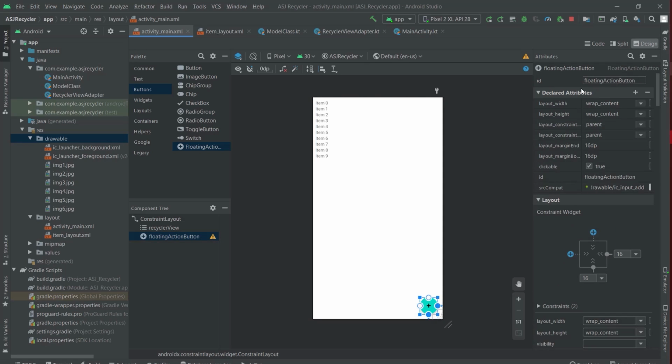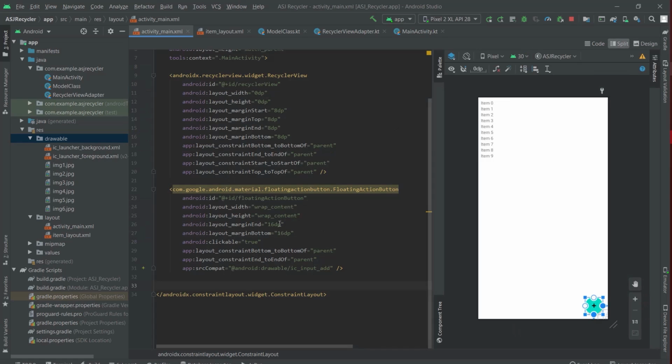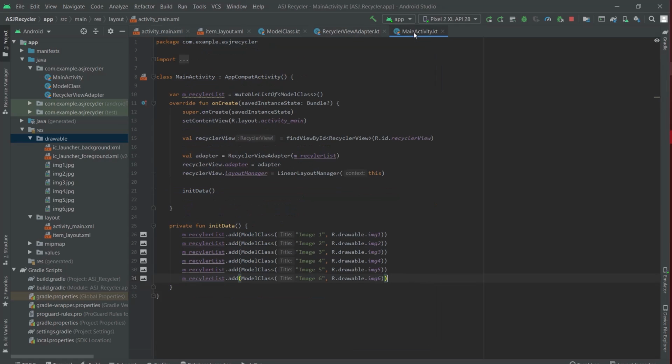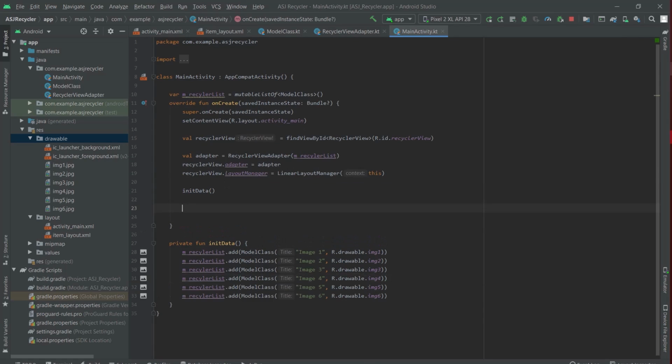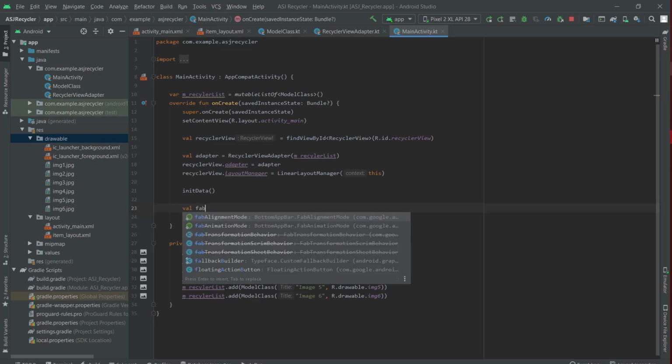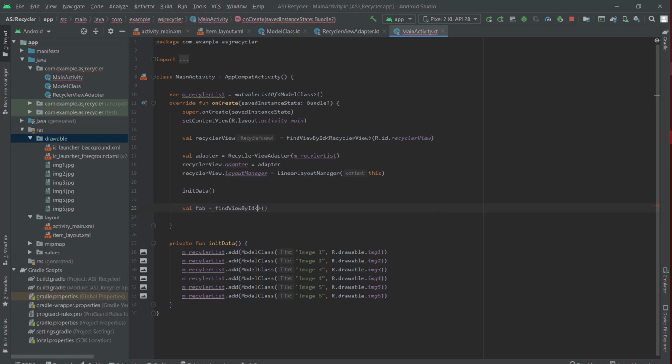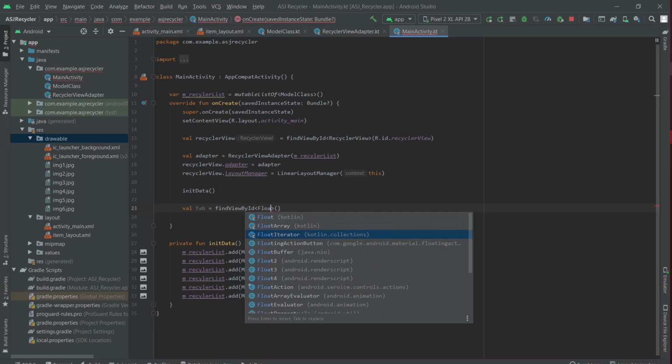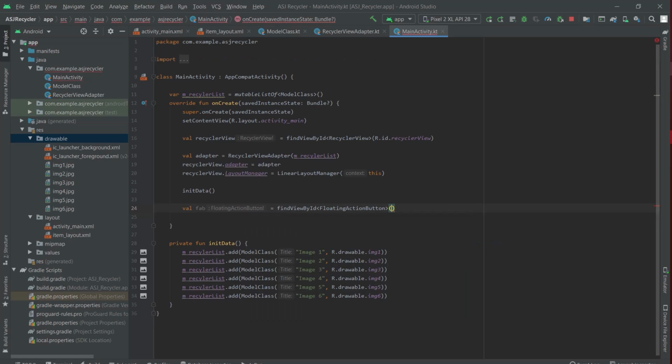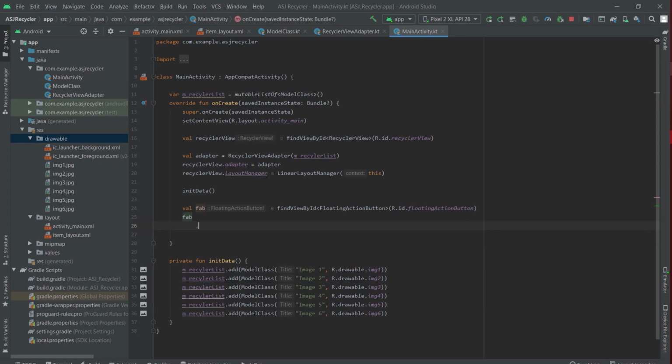As you can see, it already has an ID of floating action button, and I don't need to change any of these. And now I'll go back to my main activity, and here I'll simply set it and create its on click listener. So val fab equals findViewById. It is a FloatingActionButton type, R.id.floatingActionButton. Now to set the on click listener, fab.setOnClickListener,